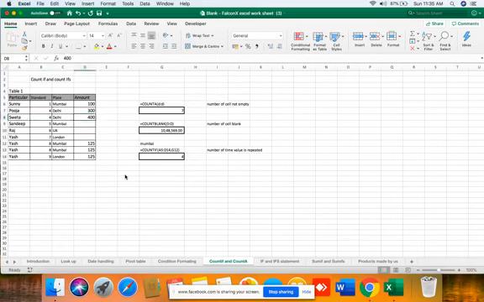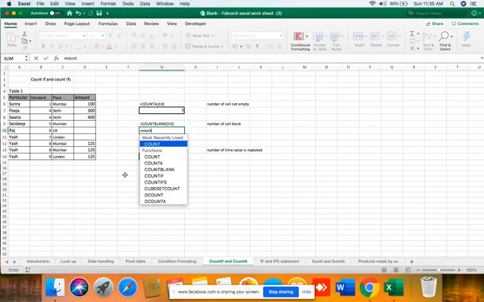Now you cannot see the benefit of this formula, but when the data size is in lakhs or 50,000 or more, you will be able to understand the importance of this formula. Now let's find the number of cells which are blank.